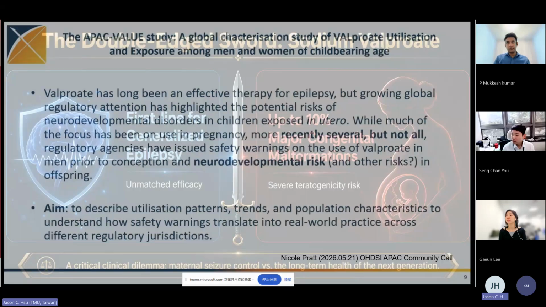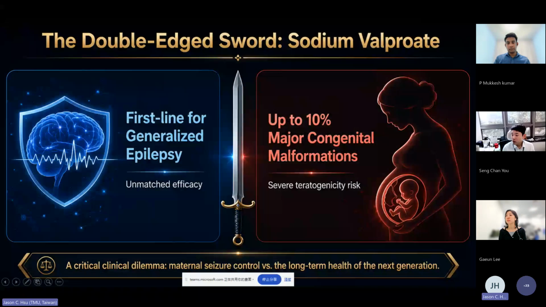And why is this valproate study going to be a critical study for us to do? Because valproate is like a double-edged sword. On the left side, it remains a highly effective first-line treatment for generalized epilepsy, and its clinical efficacy is virtually unmatched. However, on the right-hand side are the safety issues about the